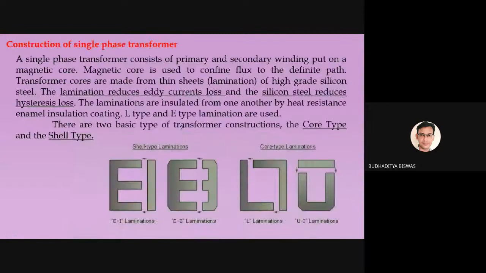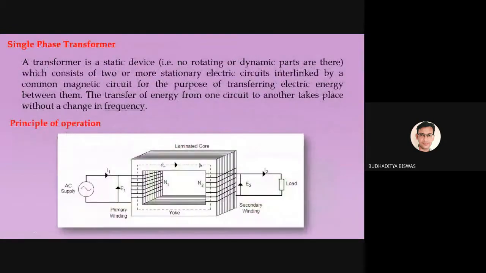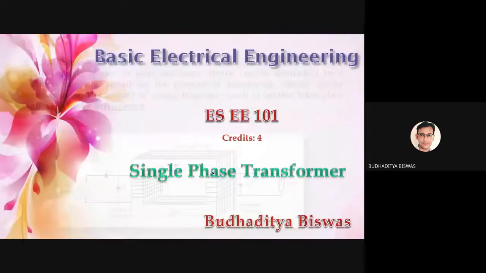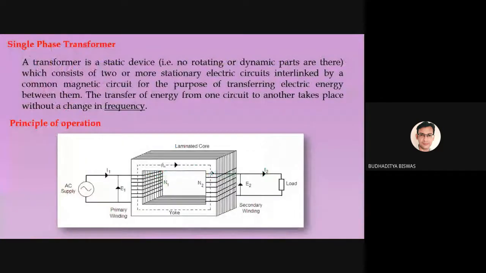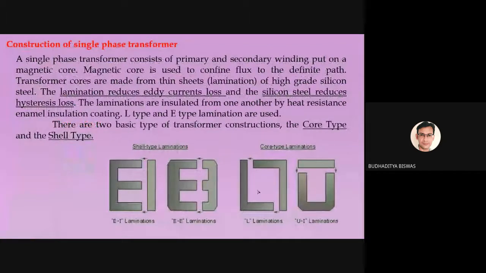So here you see, this core is laminated. This is a rectangular core, but this rectangular core is constructed using this type of double L lamination. This is a very thin sheet of iron, the same material, but a very thin sheet, one piece. We take many pieces and join them together to make a solid 3D form. If I show you this lamination, it may look 2D, because the width of this laminated sheet is very small.